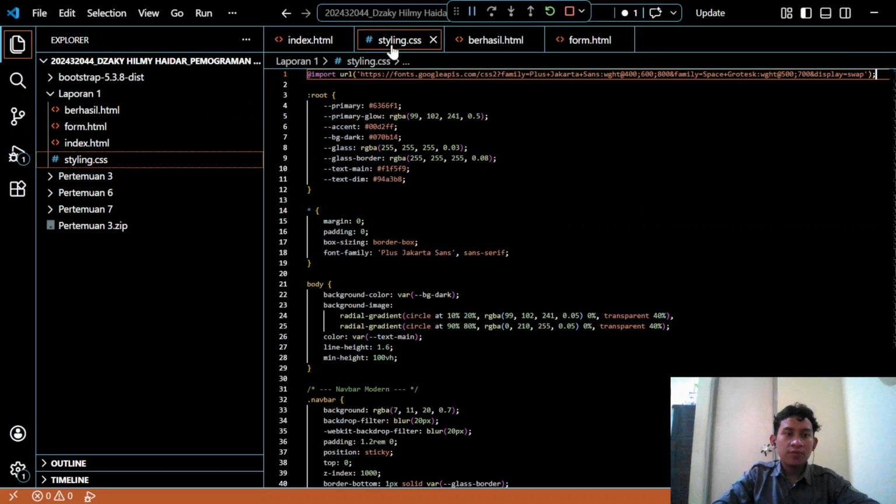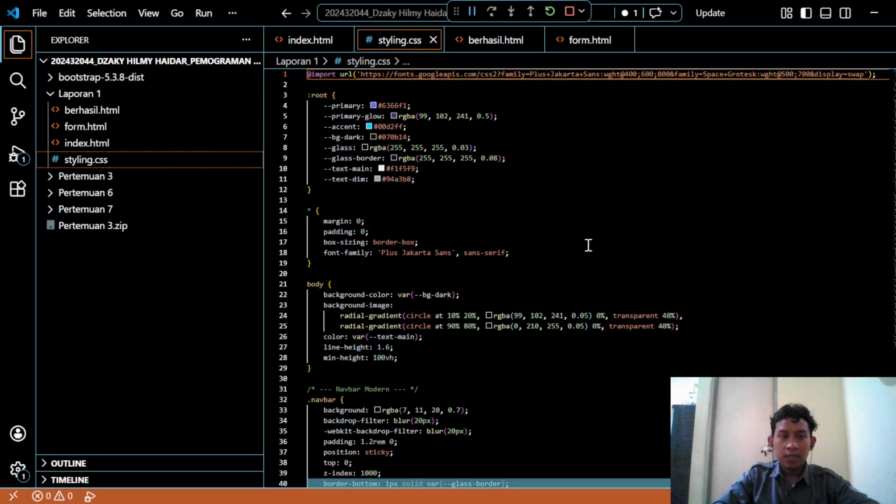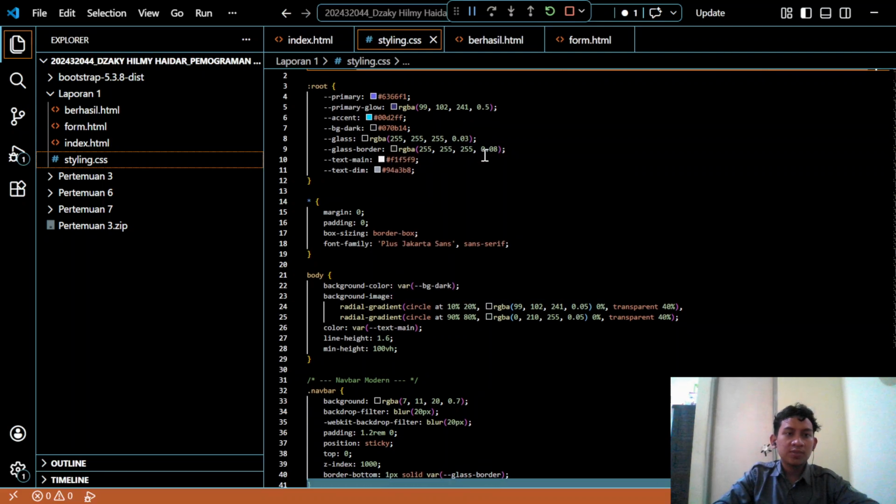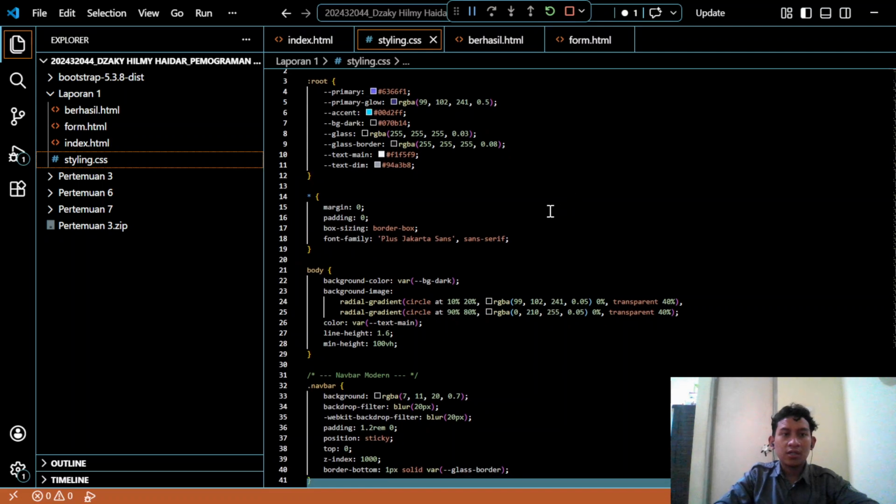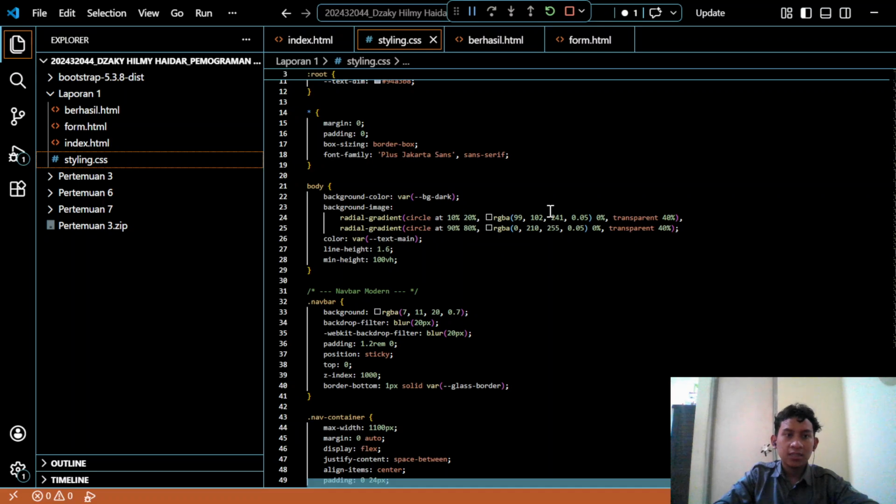And then we move into the fourth section, the design implementation. It is the styling, the CSS. I adopt a deep oceanic glass theme, which is an evolution of the popular glassmorphism trend, by using the backdrop filter with blur and semi-transparent RGBA colors so the UI components look like frosted glass floating over